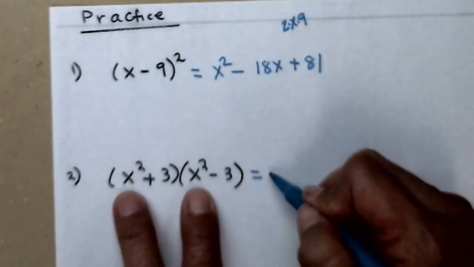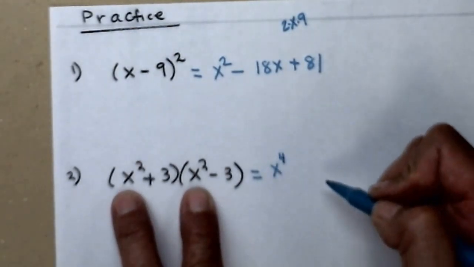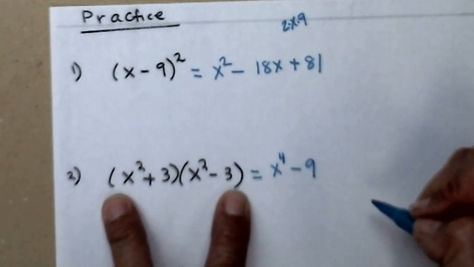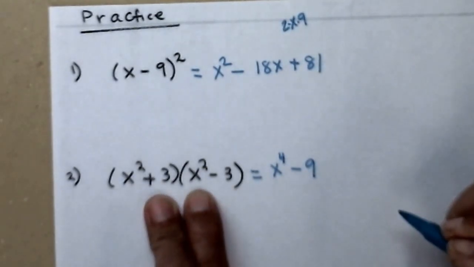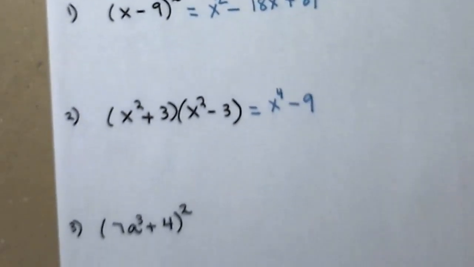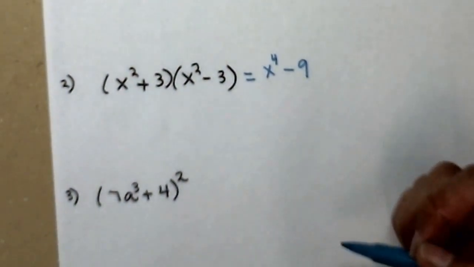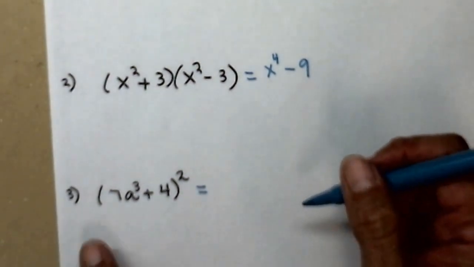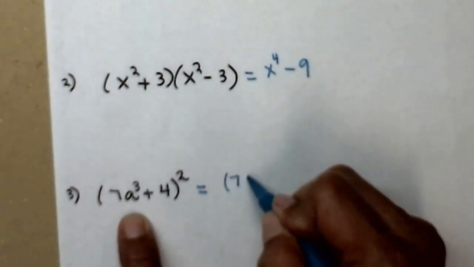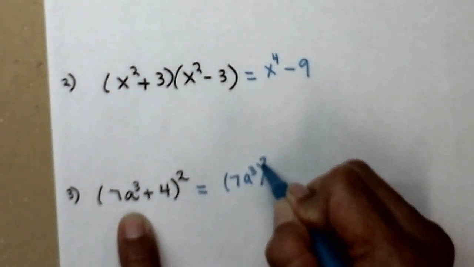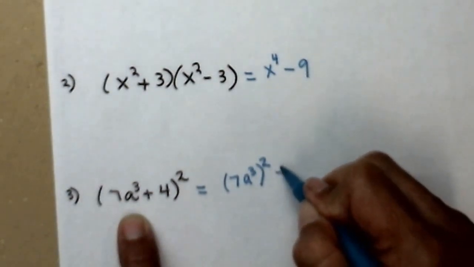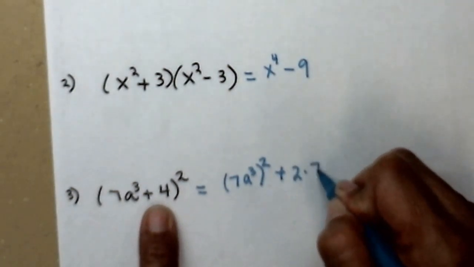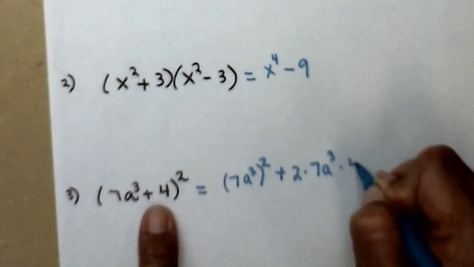So we get x squared times x squared is x to the 4th. And we get 3 times negative 3 is minus 9. The outer, negative 3x squared, and the inner, positive 3x squared, add away. And we just get that. Okay. Binomial squared. Oh, this one's kind of ugly. We can do it though. So we take the first term, 7a cubed, and that gets squared. Okay. And then it's plus, because this is a plus. 2 times 7a cubed times 4